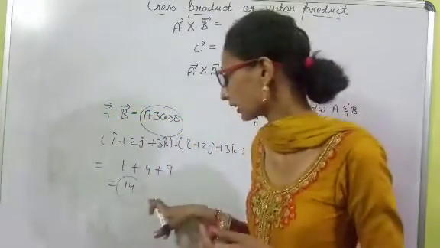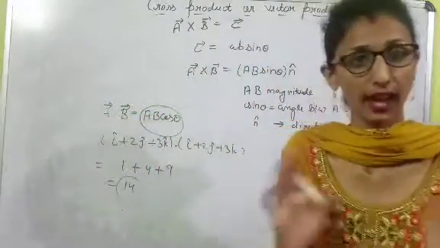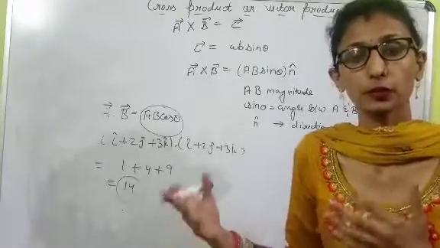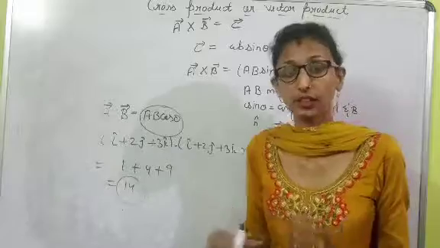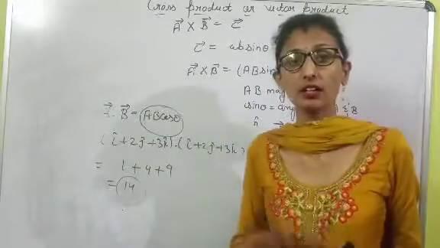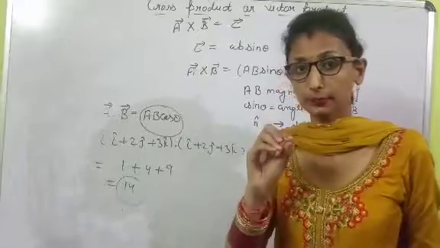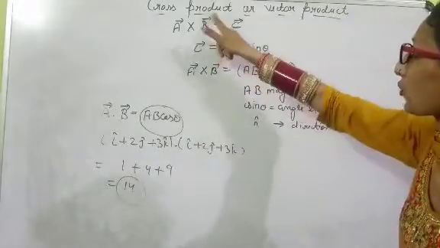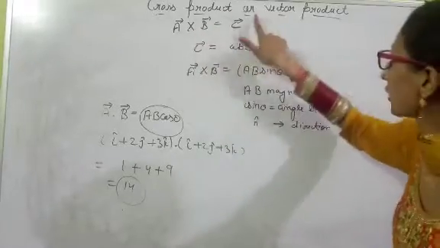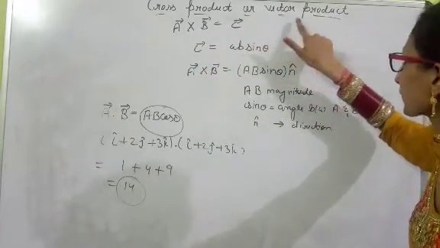14 is a scalar quantity. It is a number, which means it has magnitude only but no direction. It does not have i, j, k, the unit vectors, and we know that unit vectors give the direction. So the dot product is known as a scalar product. But here we have a cross product, represented by a cross, and it is also known as a vector product.